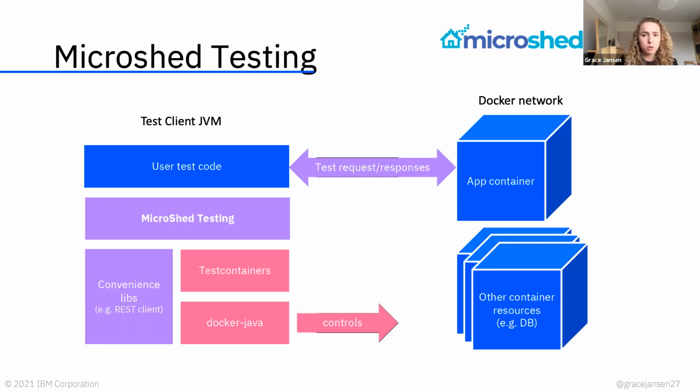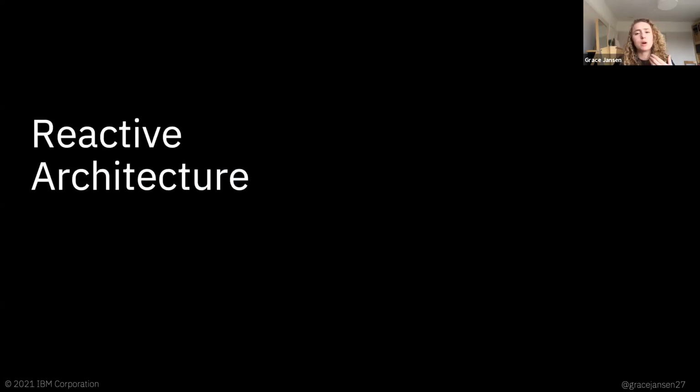So we've looked at development in terms of utilizing tools. We've looked at platforms. We've looked at testing as well, because that's obviously an important part of our development process, but it's also about how we design the applications themselves. And this is where reactive architecture comes into the picture. When I talk about reactive architecture here, reactive can mean many different things. I'm including things like reactive programming, reactive streams, reactive libraries, and reactive architecture in terms of the architecture of the actual application. So it's all encompassing, this term, and I'm talking about many different aspects of it.